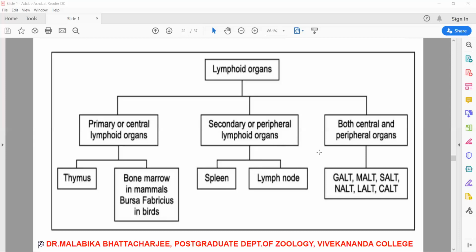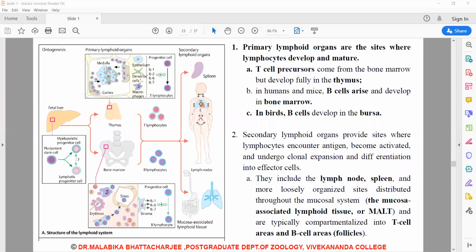Another important thing to be noted is that once the mature lymphocytes have been generated in the primary lymphoid organs, they circulate in the blood and the lymphatic system. They circulate through the lymphatic systems, reaching different parts of the body, reaching different tissues of the body. So next we move on to, this is a brief overview.